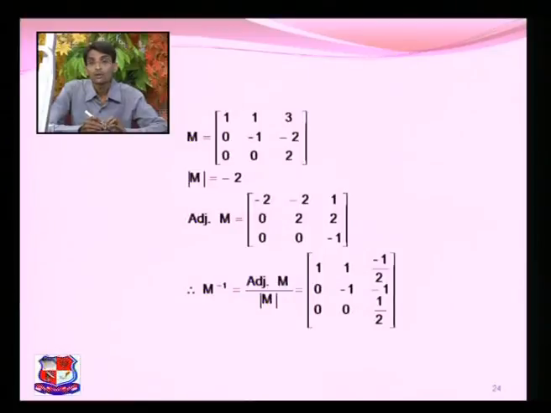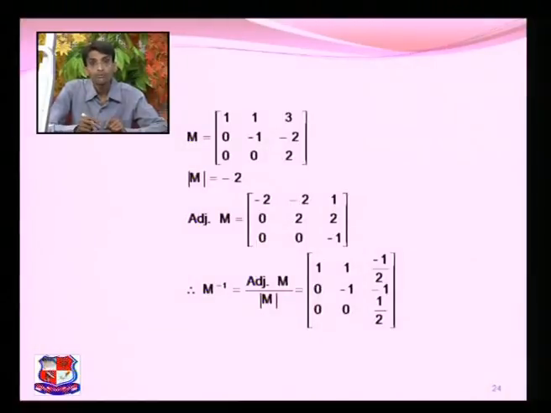Here I am not explaining how we will find the determinant of M. This is for the students to check themselves: the determinant of M will be minus 2. I also haven't explained that the adjoint of A will be minus 2 1 0 2 2 0 0 minus 1. So this is again homework for the students, to find the determinant and adjoint for this model matrix